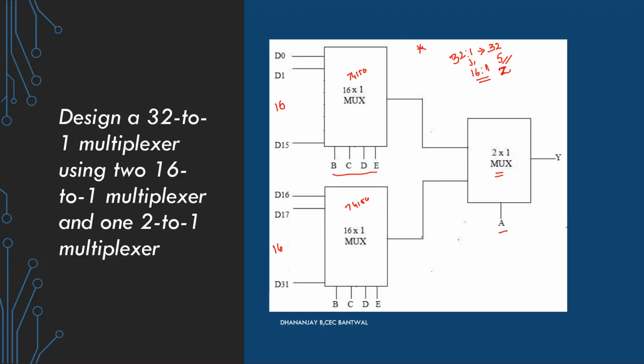Suppose you are asking me to implement a 16:1 mux using an 8:1 mux. What I'll do is take two 8:1 muxes as an example. I'll give the data inputs. I'll give 3 select inputs here, 3 select inputs here. I'll take the output from this, and the output of this will be given to one more 2:1 mux. I'll give one more input, and this will be the output. So any higher order muxes can be implemented using the immediate lower order muxes by going with the entered variable mapping method, or you can go with the actual design using the lower order muxes.